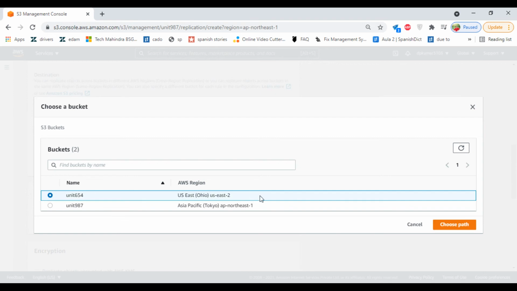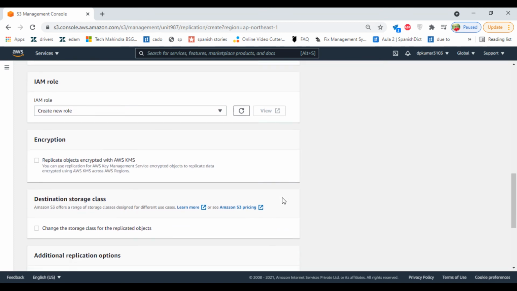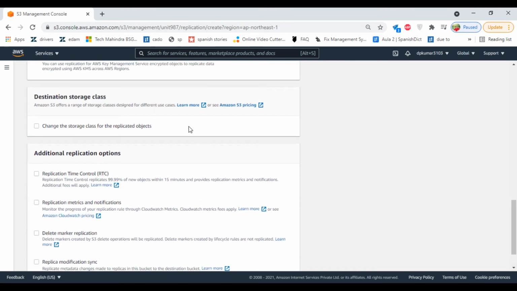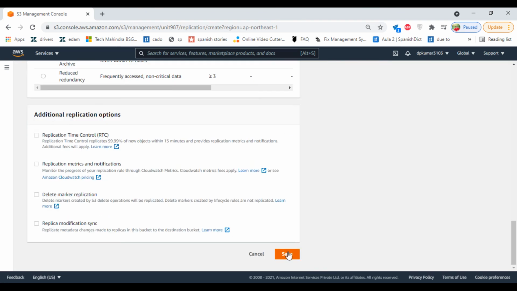Browse, select the bucket, choose, create a new role. Save.